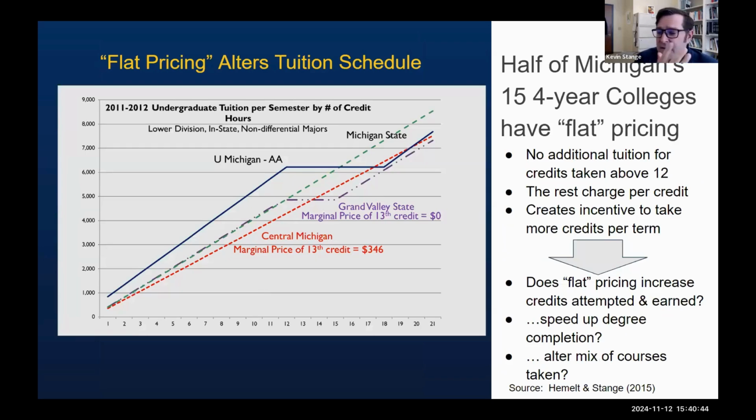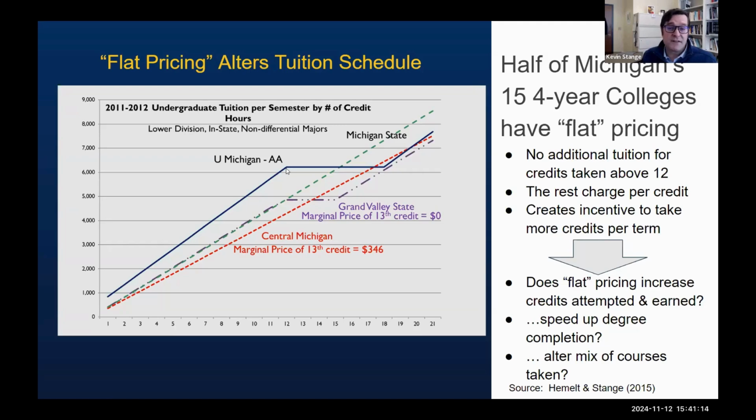And so many universities charge you a flat rate. If you are a full-time student, they say, okay, we're going to charge you $20,000 in tuition. But it turns out some four-year universities charge you per credit, even if you're full-time. And so in Michigan, it turns out we have kind of half and half. So this just shows you how much tuition you would pay if you attended University of Michigan, Ann Arbor. That's this blue line,